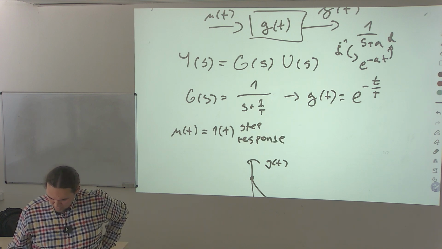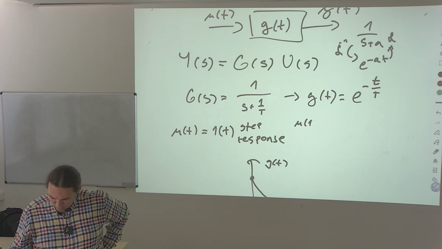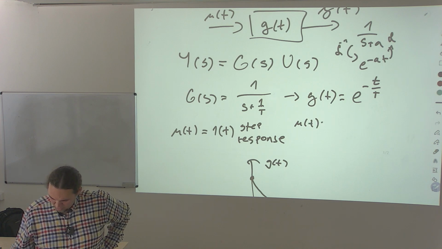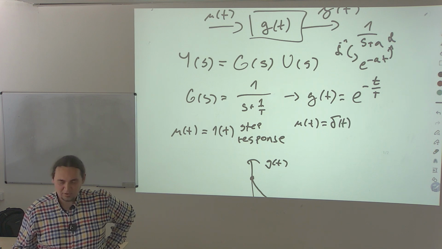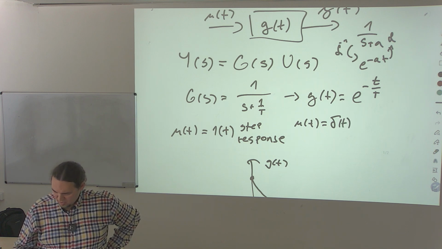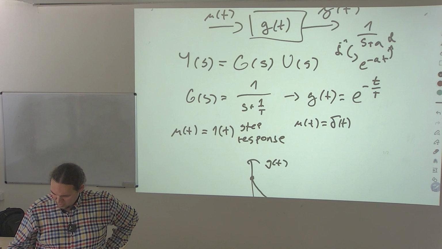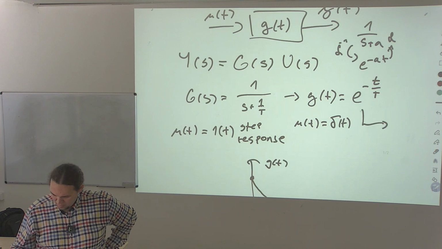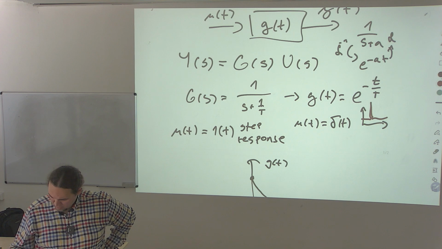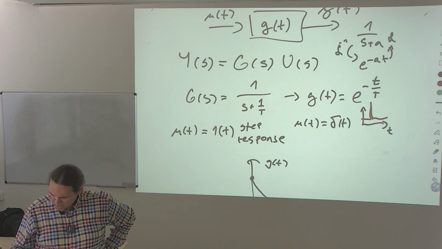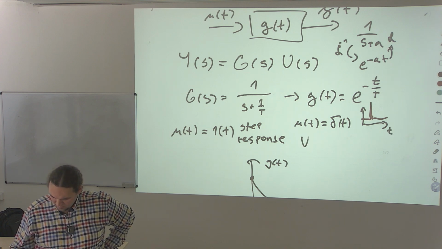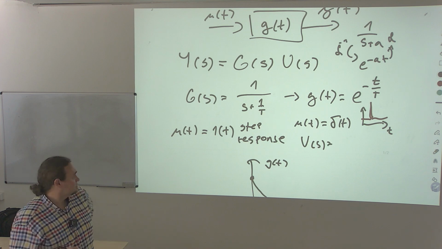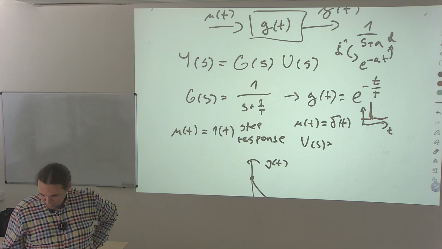But what if our input would be this mysterious delta, which is nothing else than some idealized impulse, something like this, and if you look it up in the Laplace table, actually it's